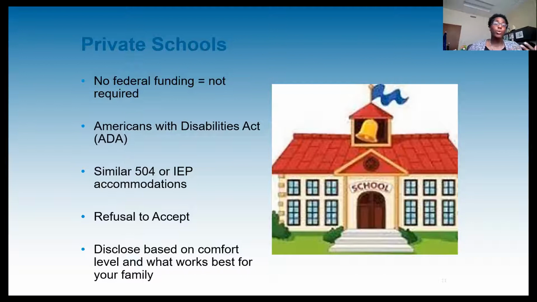And for those who have a child with an IEP, it does not follow them into college. So basically, once they get to college, they're going to have what is more like a 504 plan. It can still have those accommodations, but it will not be referenced as an IEP anymore. It will just be their school accommodations that are being offered at the school.